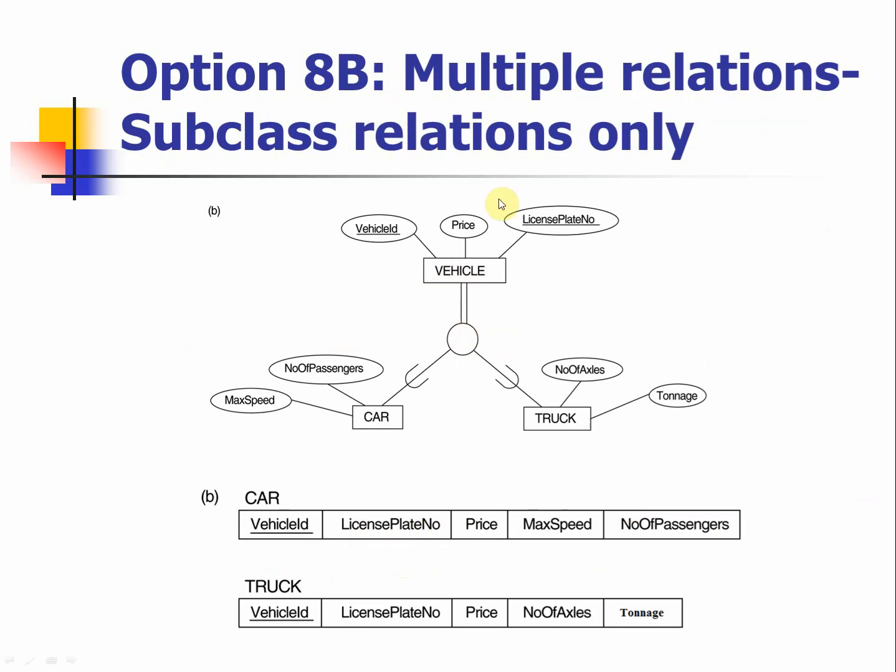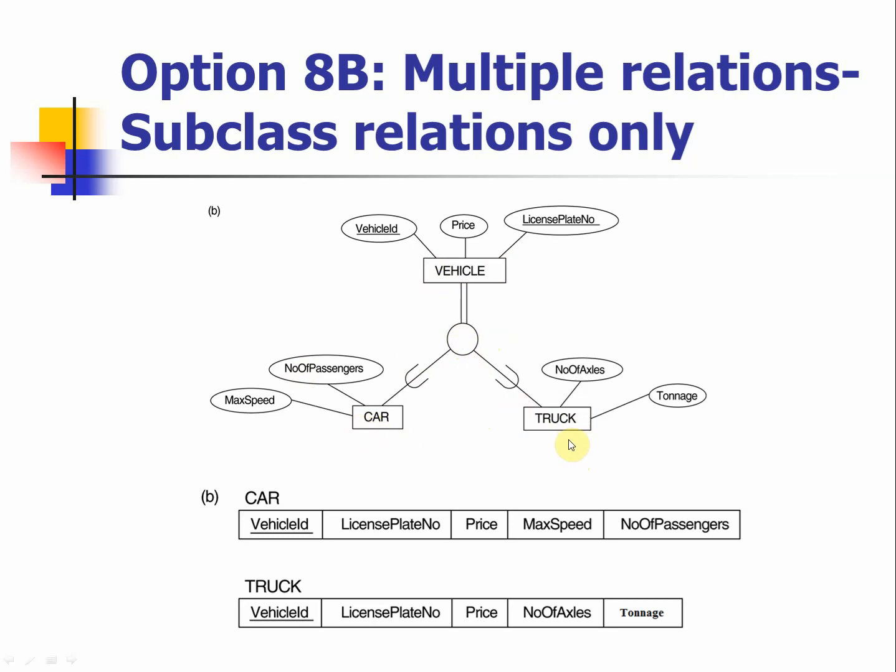This is going to give you a double line indicating that all the vehicles need to participate in this specialization, so that all the vehicles will be either in here or in here. Or, depending on how we're describing, if we put an O, maybe there's a crossover, then it will appear in